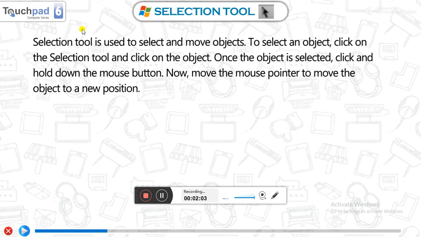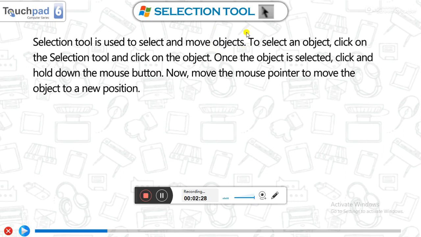Now class, one thing keep in your mind, every tool name given in the tool panel suggests its work, like the selection tool. The selection tool is used to select and move objects.